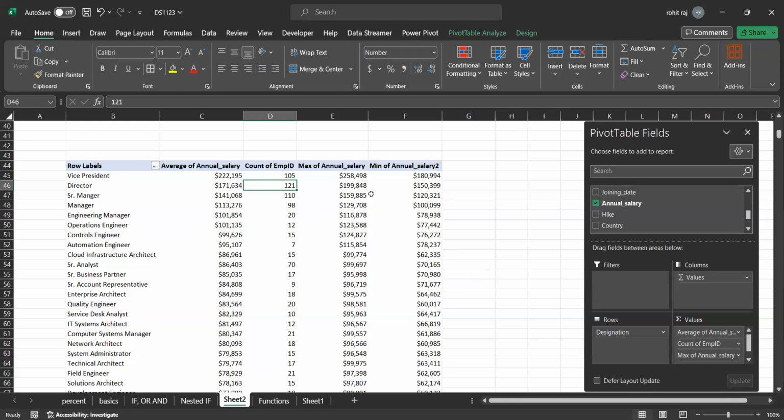And let's say the maximum salary that is being offered, right? The maximum salary that is being offered to a director is $199,848, and the minimum salary that is being offered to a director in this organization is $153,999. Right? So these are minimum and maximum values offered